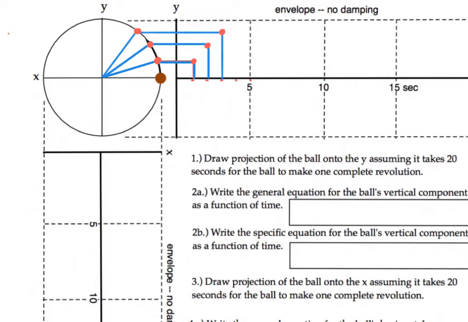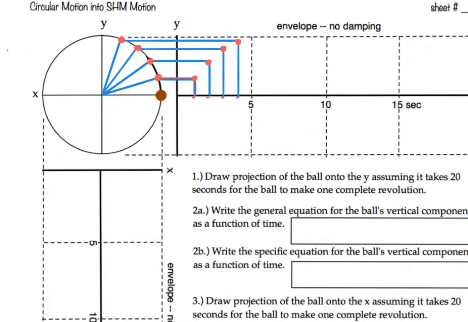So here's where it is at the 3rd second. And here's the 4th second. So notice how it's laying out over on the left side on the circle. Every second the theta is the same. Theta 1, theta 2, theta 3, theta 4. They're all 18 degrees. But over here on